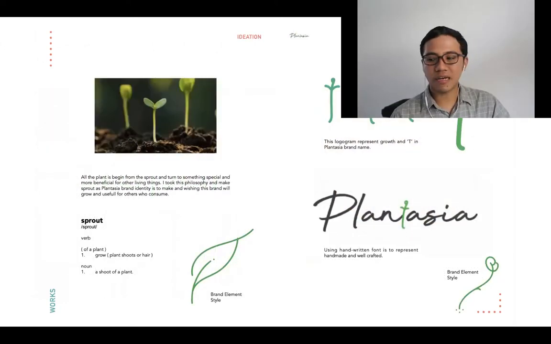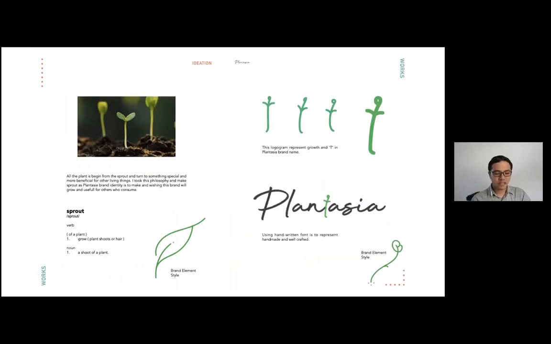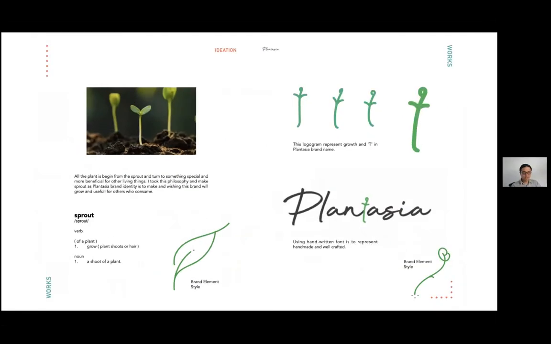This brand is selling plant-based milk, and then all the element on this brand is natural, and then it's like hand drawn, like to show it also like this is fresh, this is handmade. So like the element on the theme.